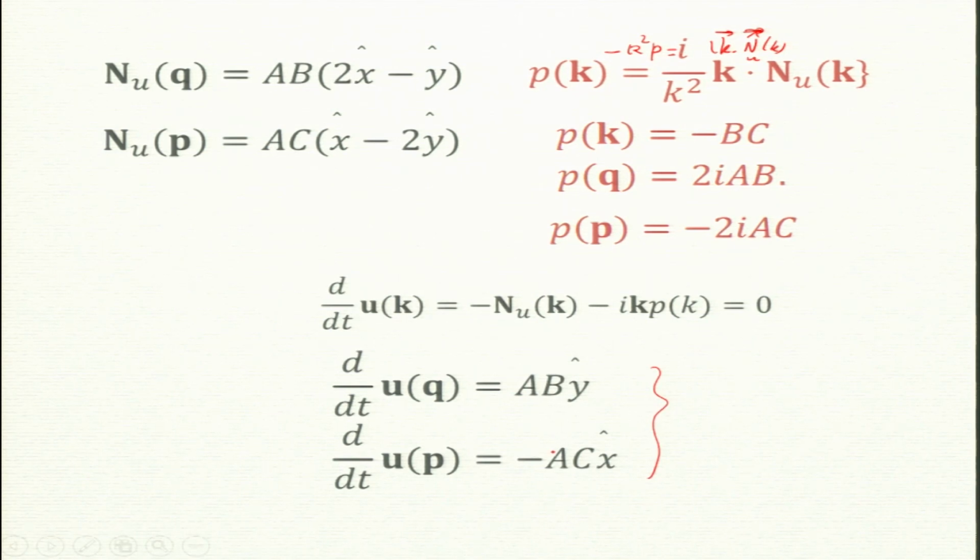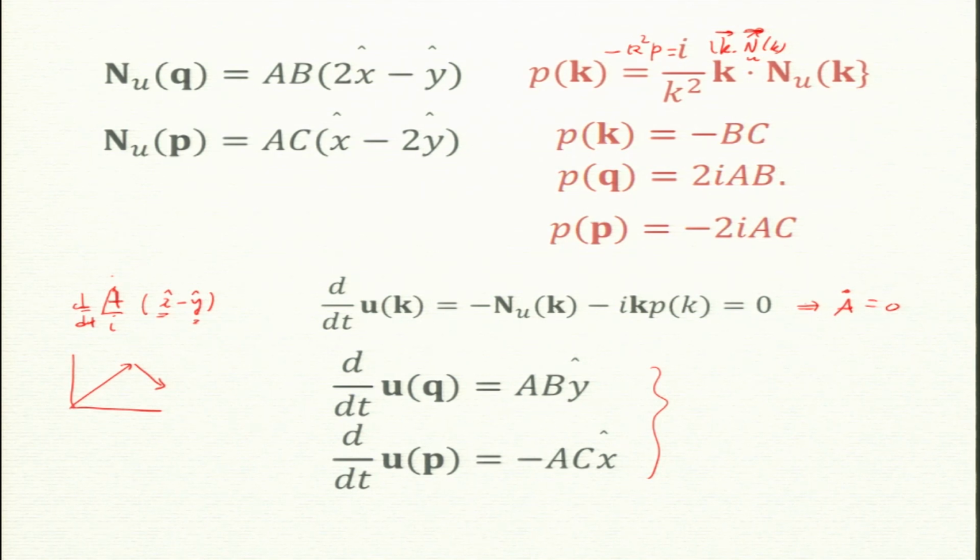Now, how do I get a dot, b dot, c dot? If you look at your notes, u(k) is a by i times (x hat minus y hat). I had this u of k like that. The x hat and y hat are constants, so if I take d by dt of this, it will act only on a. That implies a dot is 0, so a does not change with time.